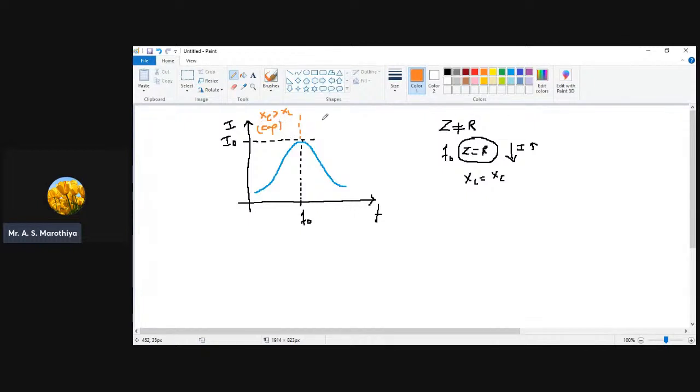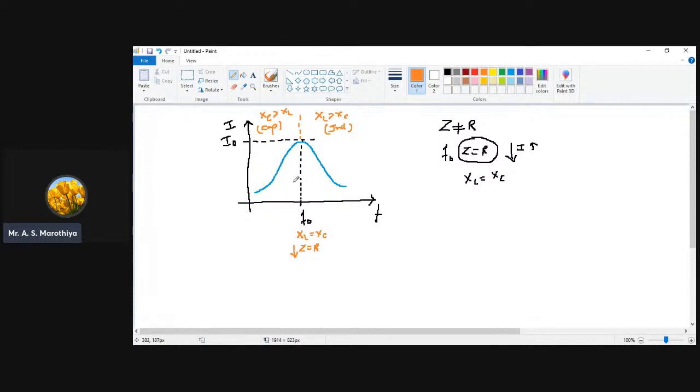But after resonant frequency, because the value of XL is more than XC, the net reactance of the circuit is going to be inductive. This is very, very important. And at resonant frequency, XL is equal to XC. The net impedance is going to be R. And because the impedance is at its minimum possible value, current has to be at its highest possible value, which is nothing but I naught. So this is the variation of current with respect to frequency